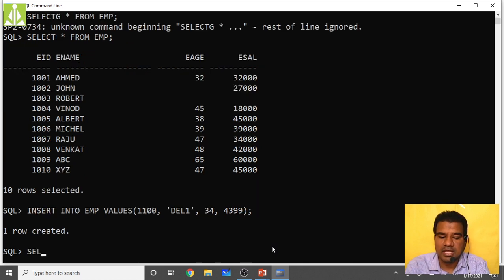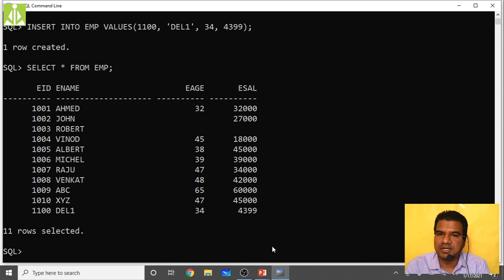One record created. It will be viewed inside your table, but it is not permanent. See, you can see the del one. I am inserting another record: insert into employee 1101, the name del 2, age 35, and salary 40,924.